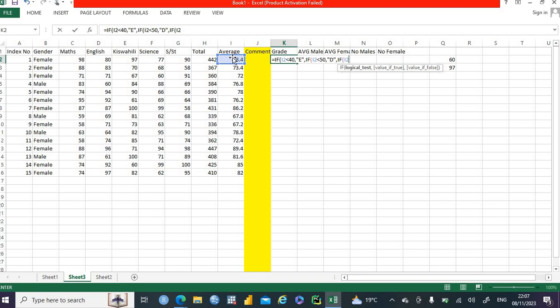If I2 is less than, now you see, we want to take care of between 50 and 59. So that is less than 60. But there are several other ways you can write it, I'm telling you. So the value between 50 and 59 is a C, like that. And then I put a comma. And then if false. Now you still see we still have some other range. So I'll still say if the value, this value here,